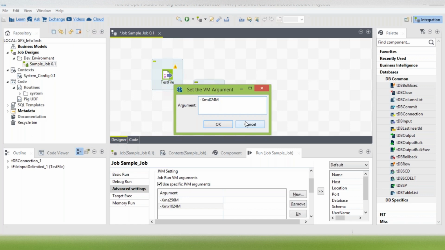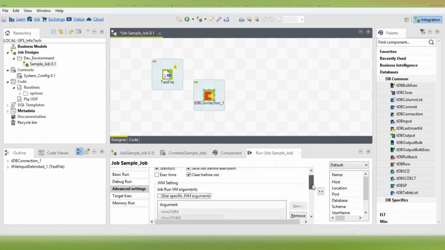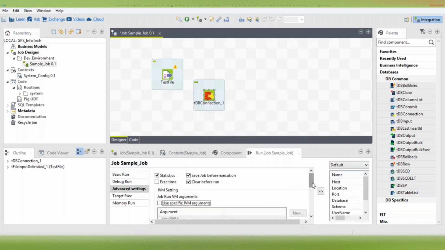Suppose your data is huge, and at that time you will get heap space memory issues if you don't allocate enough RAM. At that time you need to look into different optimization techniques, whether you reduce the number of components you use, or you give it a larger number of commit intervals, or else you can just